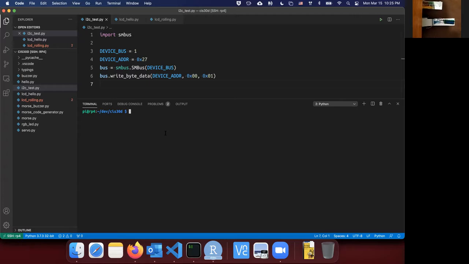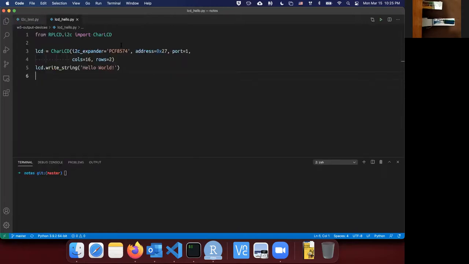And so every device has an address, and this address is an identifier of the device. And so we need to get the address of this LCD first. How do you do that? So there is a program. There's a program you need to run, in fact. And this program